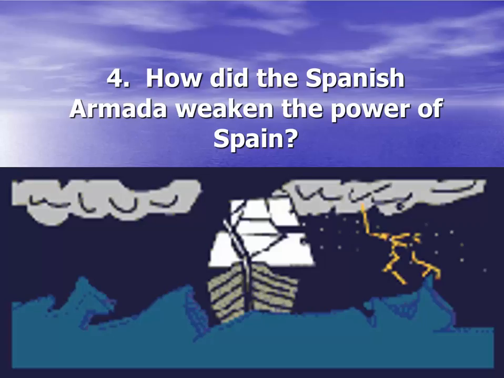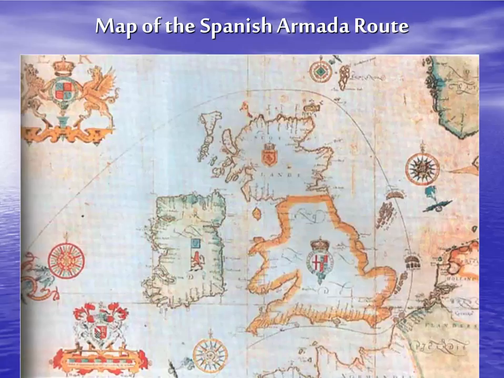All right, so the last question. I'm sorry this is going on for so long. How did the Spanish Armada weaken the power of Spain? So, Sir Francis Drake is causing all sorts of problems for the Spanish. In 1587, he shells the port city of Cadiz, damages a whole bunch of Spanish ships, forces them to postpone their invasion, because by this point the Spanish were already plotting an invasion of England.